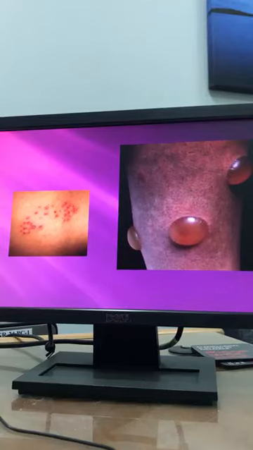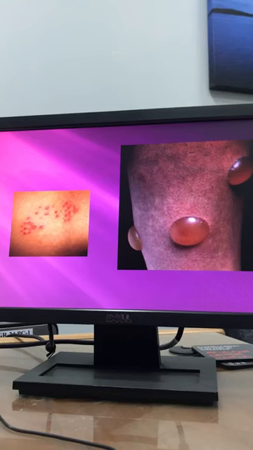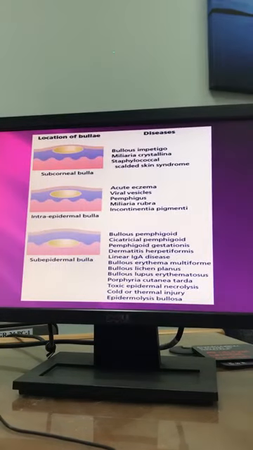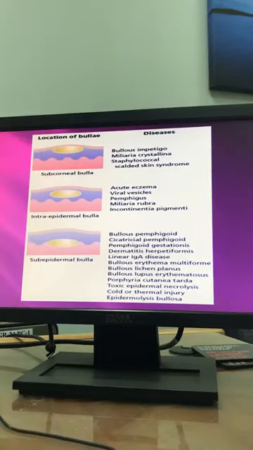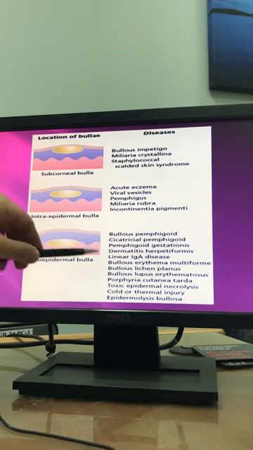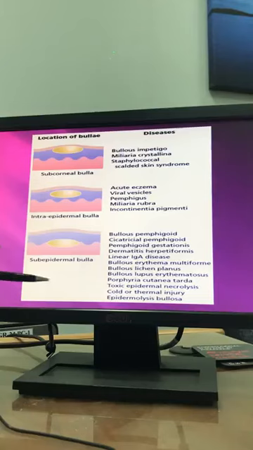Having said that, let's discuss the most common causes of a blister or a vesicle in dermatology. Well, as I said, there are two main types of vesicles, flaccid and tense. Let's start with a tense blister. A tense blister is a blister or a bulla that is located in the basement membrane or below,